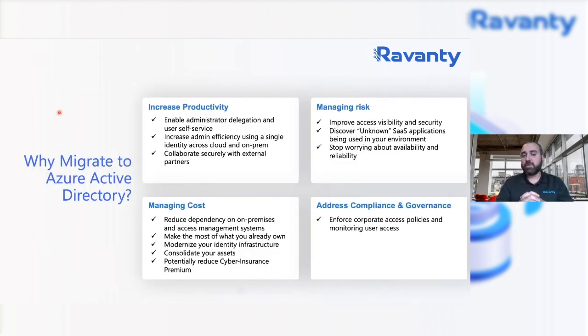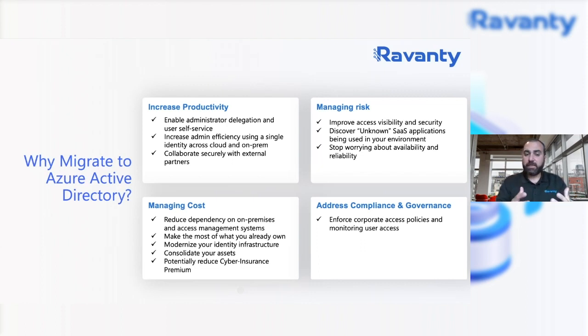All this results in managing cost and really providing some new ways to potentially save on costs within the organization, be it by consolidation of those assets and reducing the dependency and footprint on premises. Our mantra is really helping organizations to leverage their investments to the fullest, right? We've seen a lot of organizations already own cloud environment. They already invested in Microsoft 365 services, but they don't necessarily know all the capabilities or the power within Azure Active Directory and everything that comes with it.